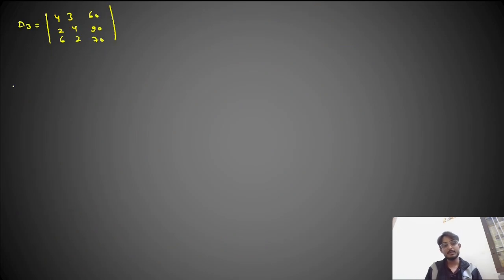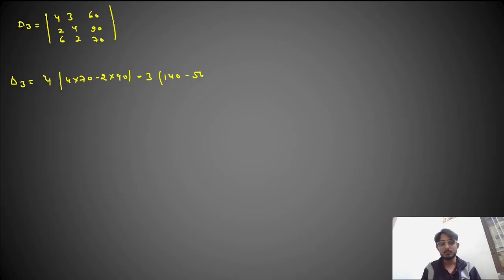So we will get delta 3 equal to 4, eliminating first row and first column, you will get 4 into 70 minus 2 into 90. Then minus term 3, eliminating first row and second column, you will get 2 into 70, 140, and 90 into 6, sorry, 540, plus